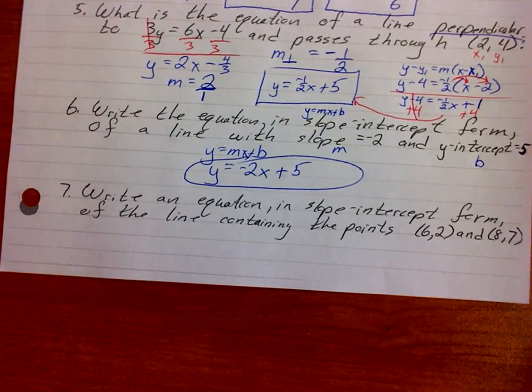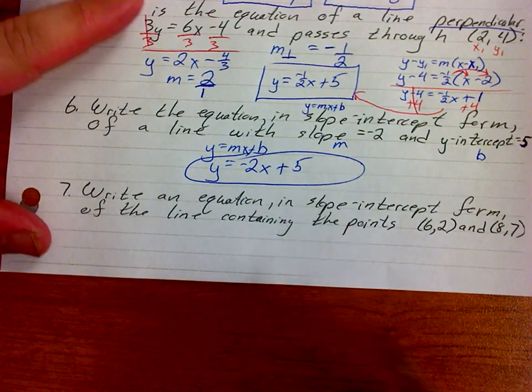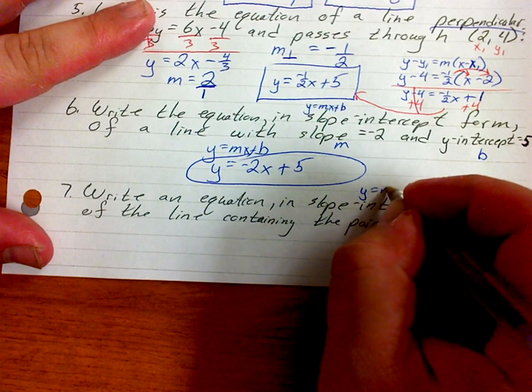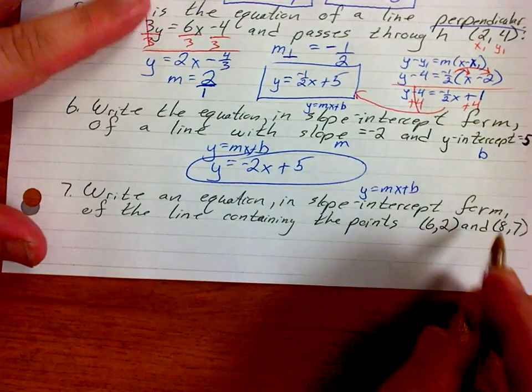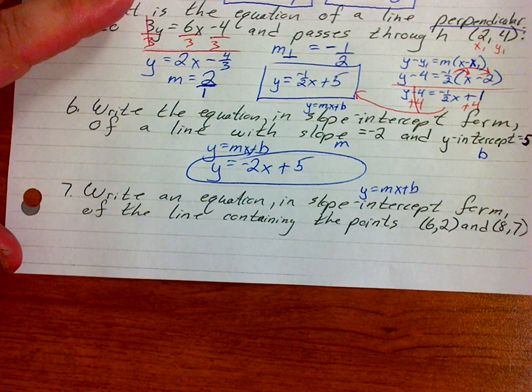All right, here's one that's a little more challenging. Write an equation in slope-intercept form. Just as a reminder, that's y equals mx plus b. Of the line containing the points (6, 2) and (8, 7). Now on this one,